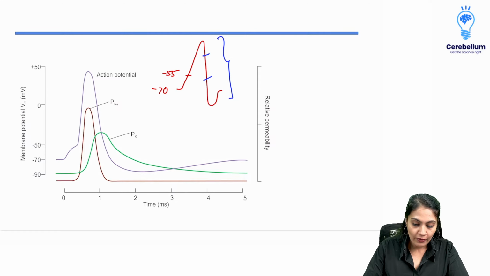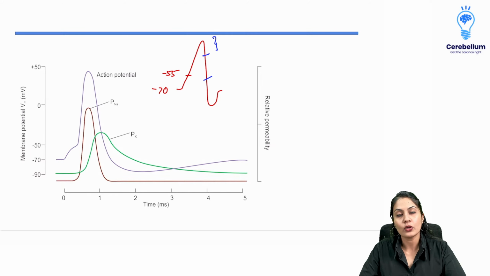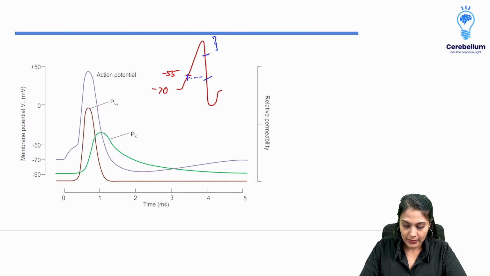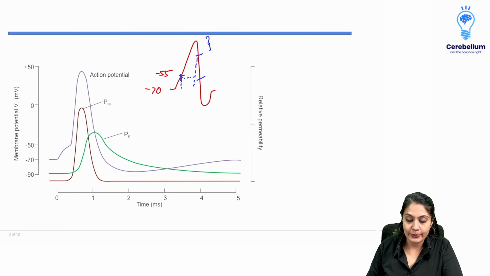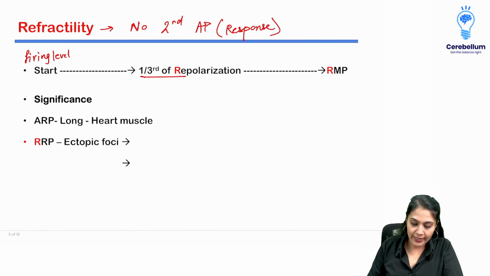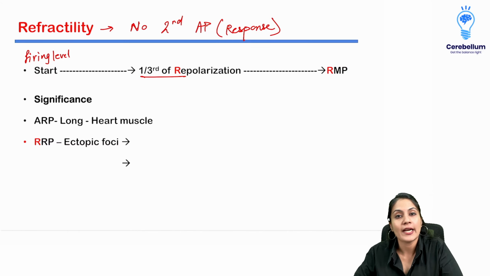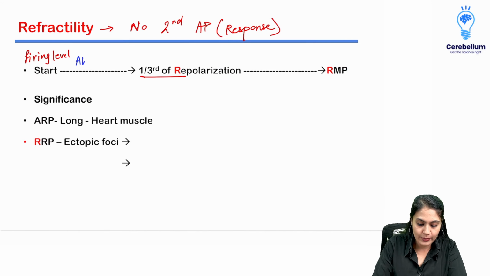All right. Now, whenever this first half of the repolarization, or first 1/3 part of the repolarization, is over, till that time from the firing level, this is known as absolute refractory period. Now, what is absolute refractory period? I told you refractility means absolutely no response, right? So from here till 1/3 of repolarization is complete, I'm going to call that the absolute refractory period, or it is also known as